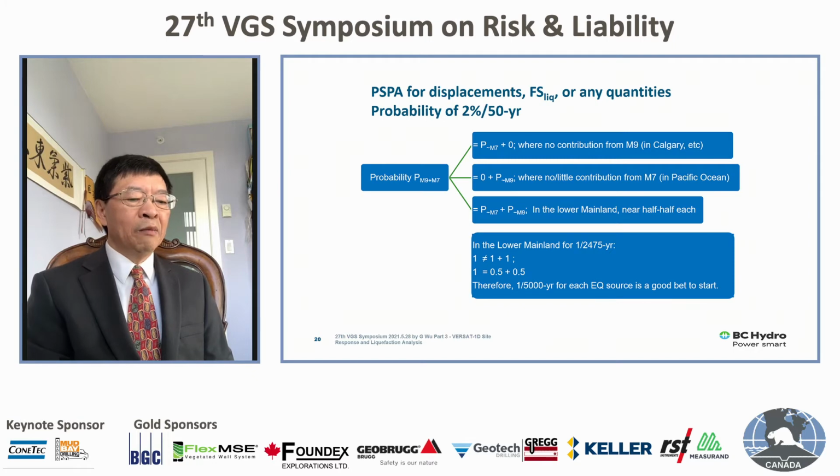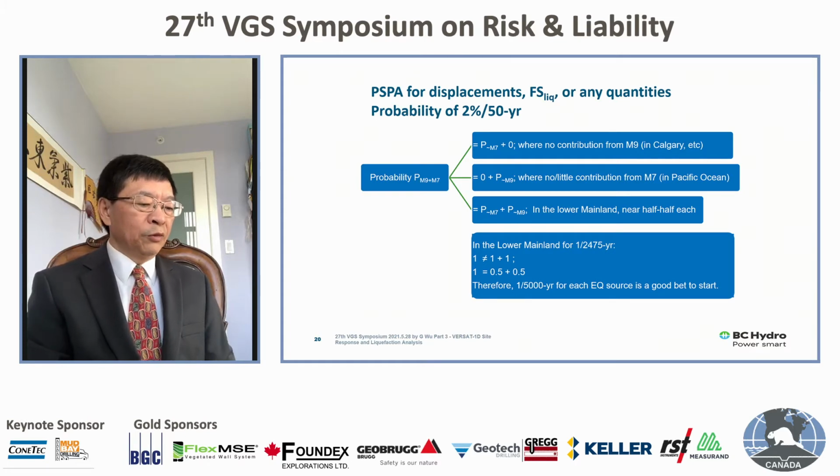But in the Lower Mainland, we are in the third category, where the combined M9 and M7 probability should be equal to the probability from the M7 plus the probability from the M9, which, in the displacement case from Breyer, just happens to be that the two are equal,